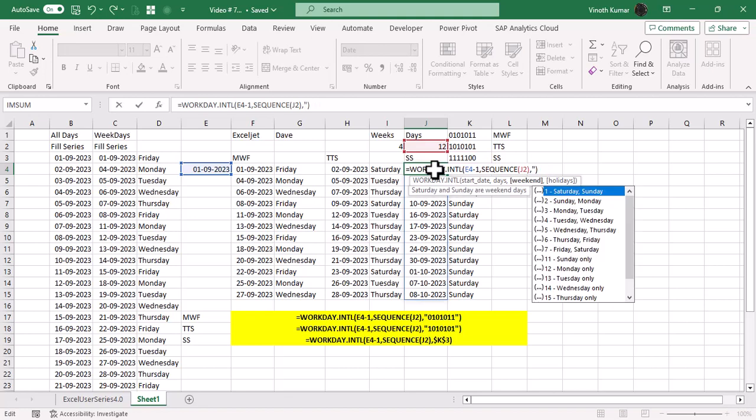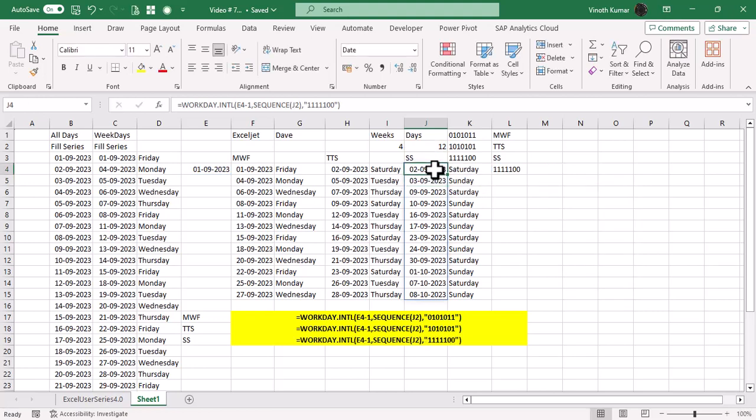Let me put them in double quotes. I'll just say 5 ones with double zeros to it, and then close the bracket and give an enter. So these are the three variants that you can get in our list, where you get the Monday, Wednesday, Friday, Tuesday, Thursday, Saturday, and Saturday and Sunday alone in a date functionality